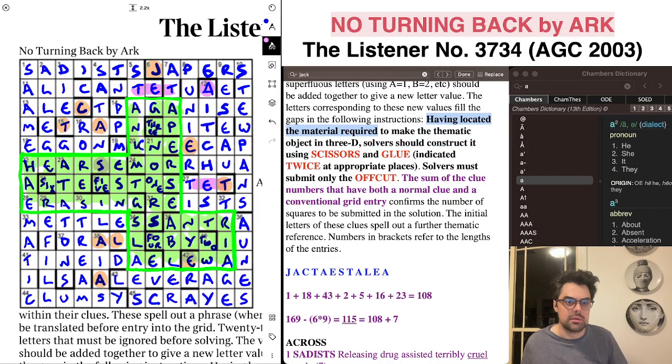Having located the material required to make the thematic object in 3D, obviously a dice, solvers should construct it using scissors and glue indicated twice at appropriate places. Solvers must only submit the offcut. Now, obviously, if we need to cut this out and glue it together, we're going to need some tabs to glue, and that is probably where we have the requirement to cut out a little bit more than just the dice